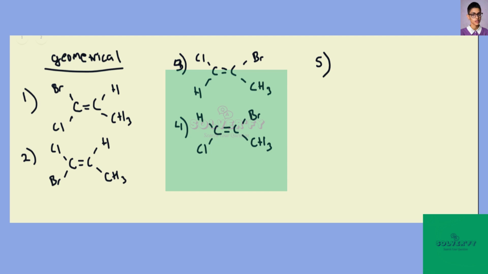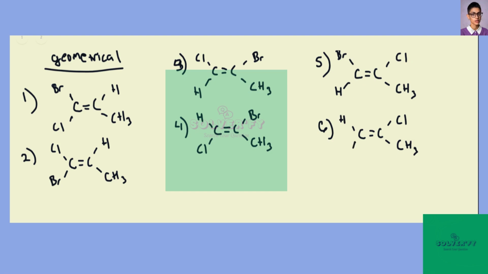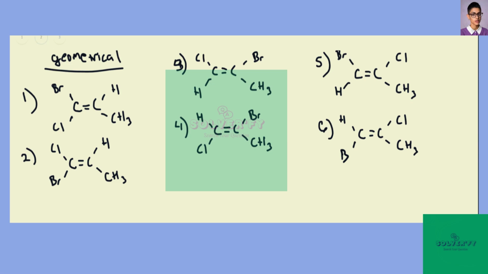I can put my bromine and my hydrogen on that side together. And then rotate them. And then those are all of my possible isomers with a methyl group,